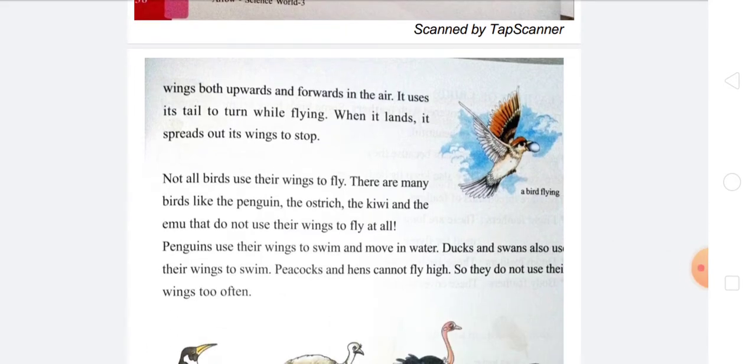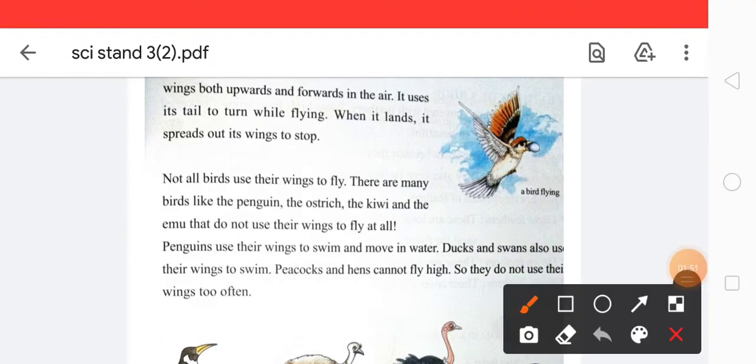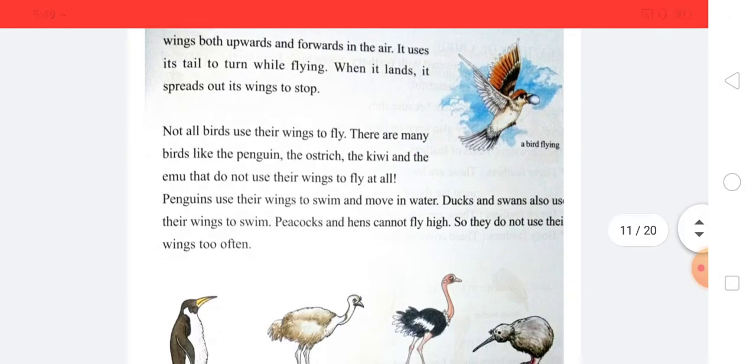It uses its tail to turn while it is flying. When it lands, it spreads out its wings to stop. Here you can see a bird flying, and the wings are upward and the tail is helping it to fly.